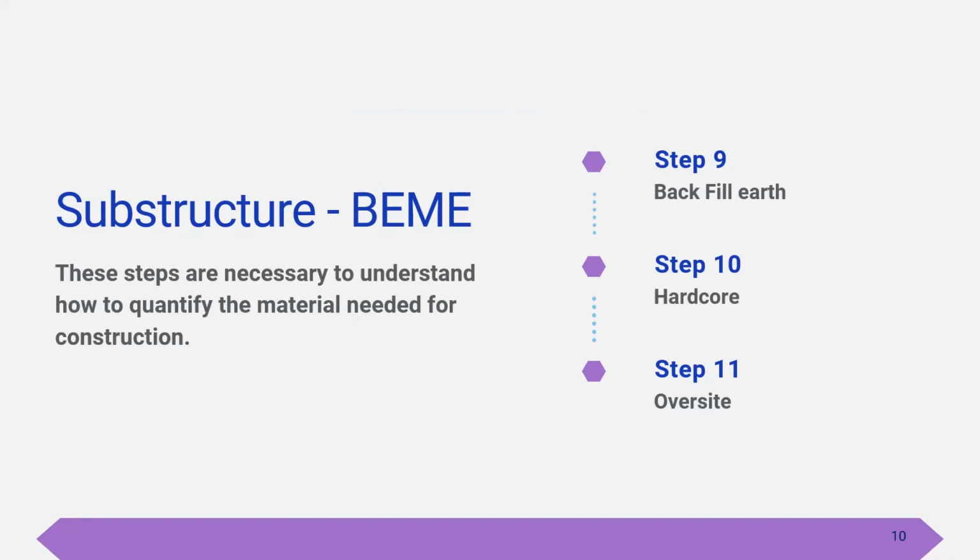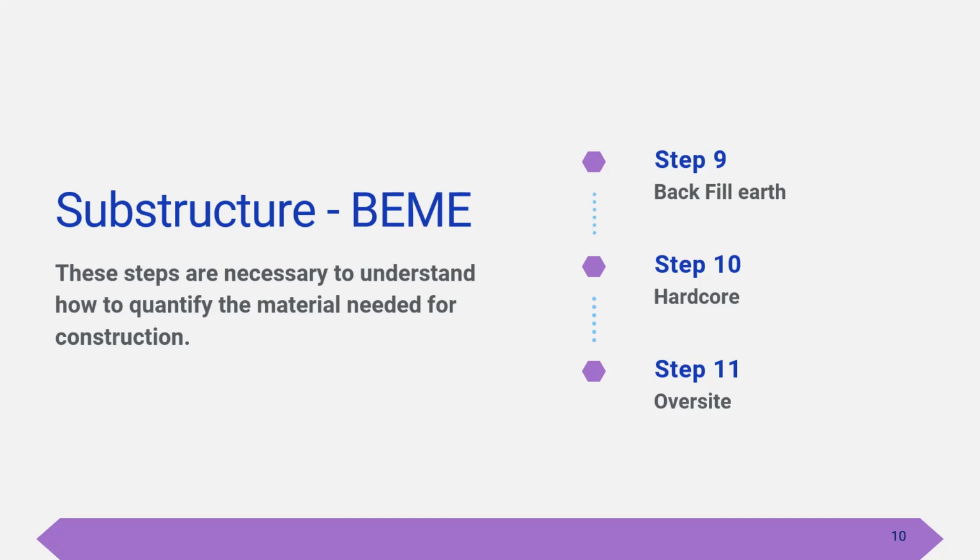But hardcore is the material you use to stabilize your soil when you have a soil that is not good enough, so to say, and you do your oversight. This oversight, step 11, is not important. It is just an add-on from the professional side of you. Upper side is basically just you trying to do finishing touches after you finish placing your